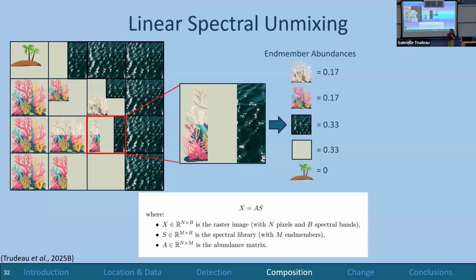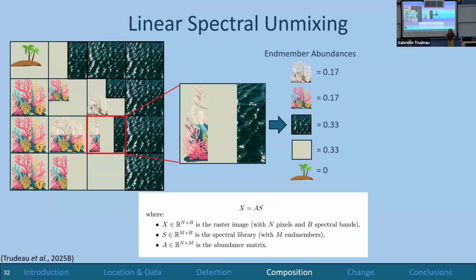I'm going to skip S for a second, but A is our abundance matrix. So a matrix of these different values we just derived. And S is a spectral library, which is going to have a spectral value associated with each benthic class. Let's think of it as kind of ground truth data, but it's not really that. Maybe that made it confusing, but spectral library, just keep that in your brain for now.